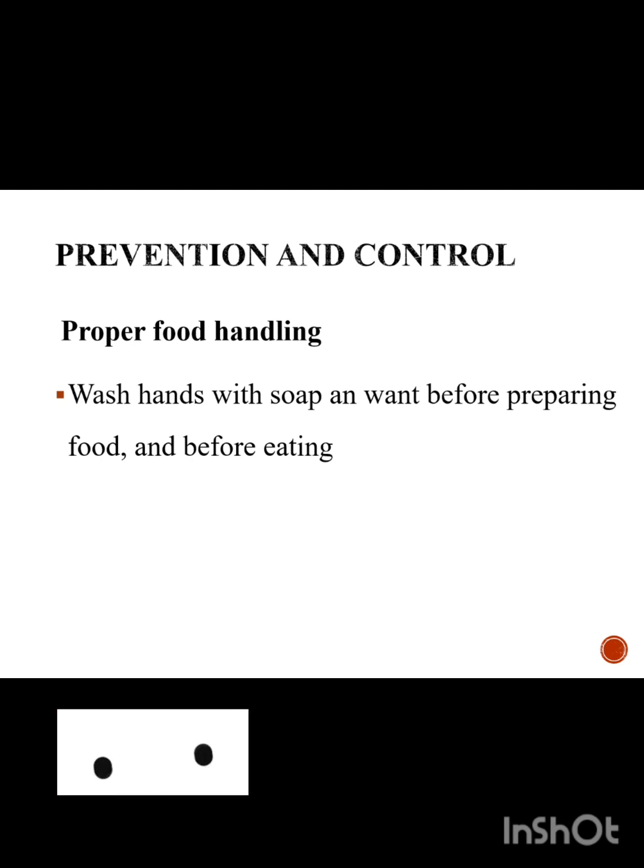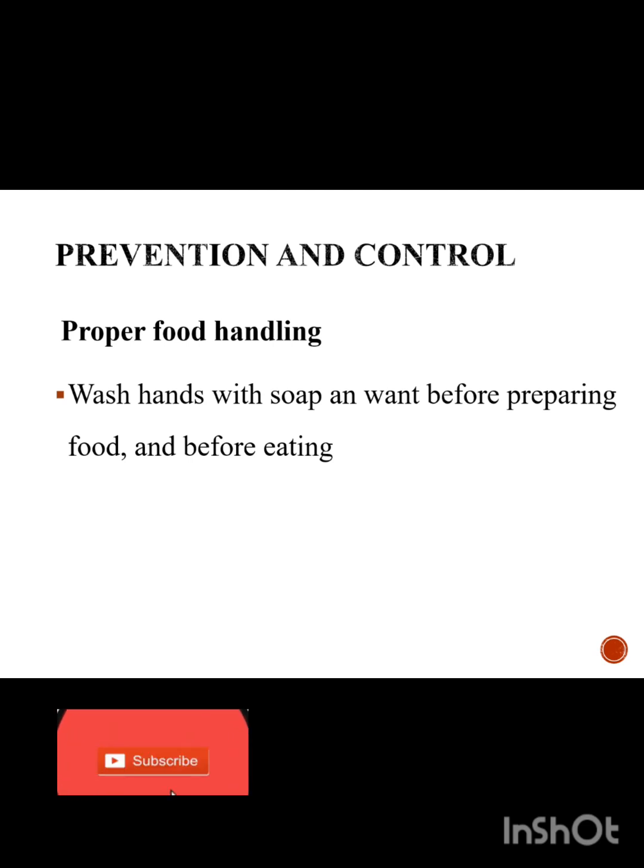If it is at home, the people who are preparing food, for example, should be able to wash their hands thoroughly with running water and soap before handling food. And if the food is contaminated, for example, they should be able to wash their food thoroughly before eating it. Okay, and then cook it thoroughly as well,